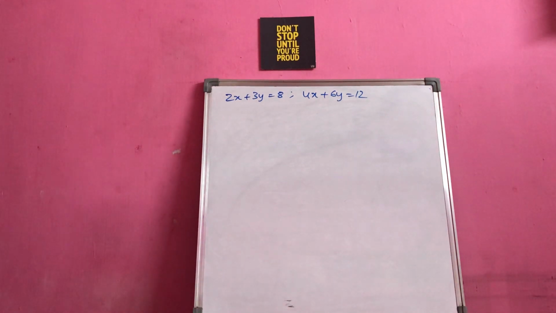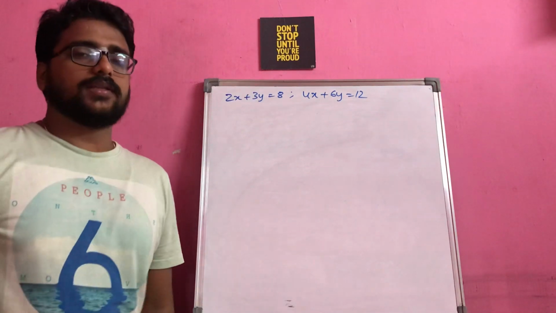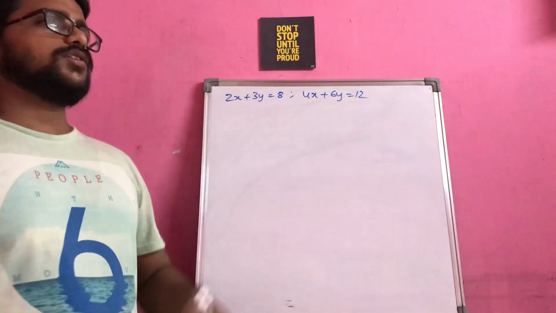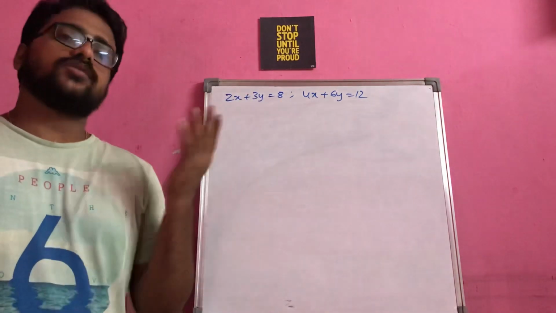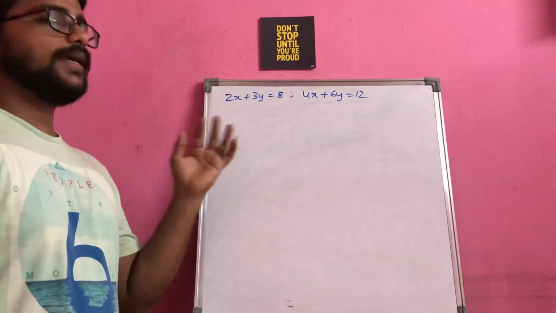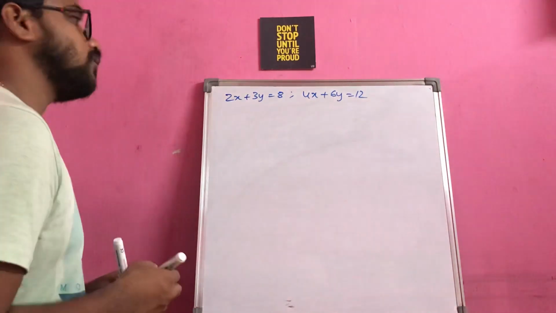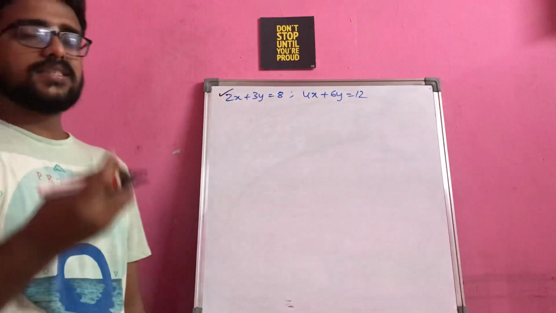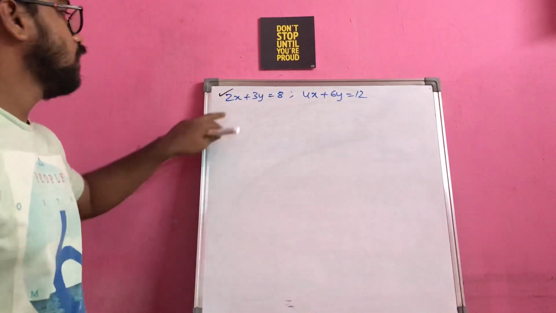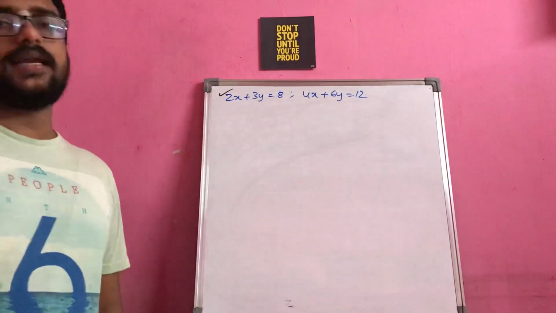So we have to find the values of x and y using the substitution method. Now see, in this case you don't have any other choice. Both the equations are having values of x and y, so you can take anything. But here also we can still make a choice by choosing the first one, because it has smaller numbers compared to the second equation.